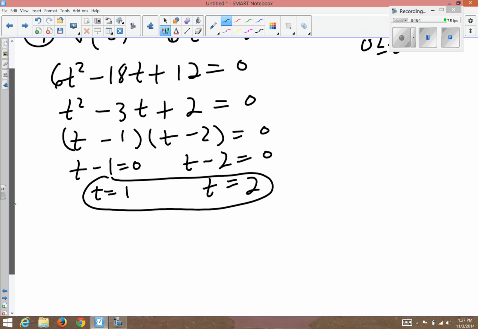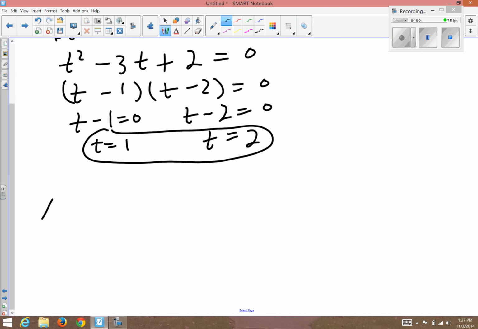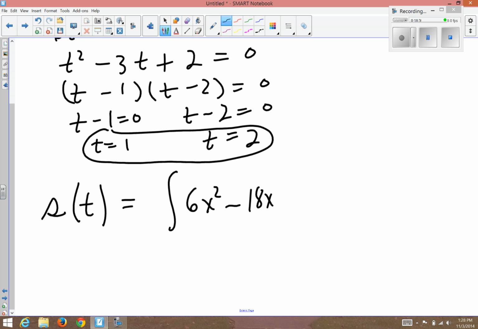Now this is the really important thing right here. The position function of time is the antiderivative of the velocity. And when I write the velocity, I'm going to put x's where the t's are. 6x squared minus 18x plus 12. Put a dx there. The number I'm putting here is a 0 because s of 0 is given. I'm going to put a t up here. I'll re-explain that in a minute. And we're going to put a plus 3 at the end,